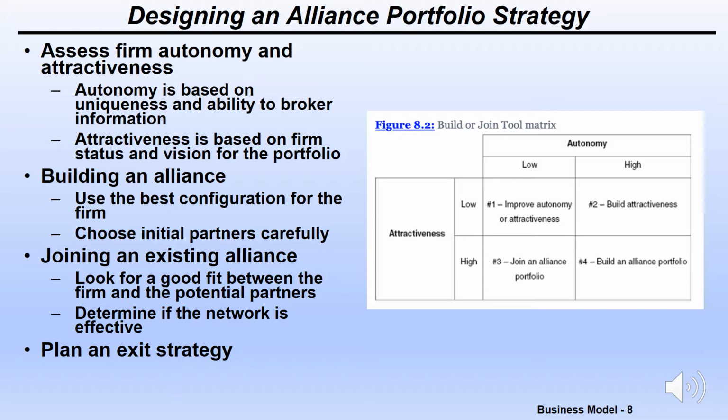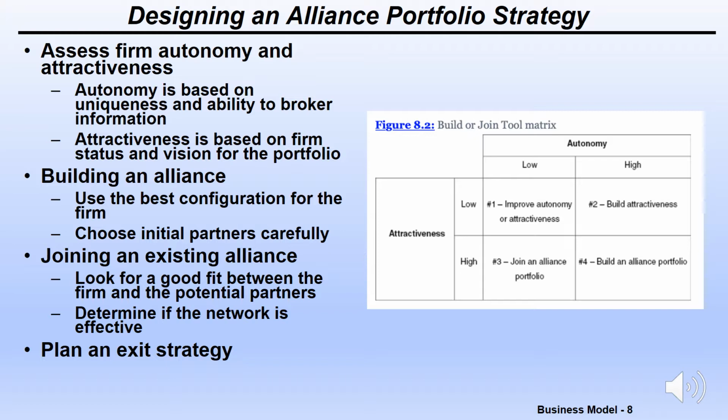So we want to evaluate those two things, autonomy and attractiveness, and we want to take a look at the matrix that's provided here, figure 8.2. That helps a company determine, okay, if I've got high autonomy and attractiveness, I can go on and build my own network. That would be the best thing. And if I don't have a high attractiveness, maybe I need to work on improving that first before I do anything else. And then if my autonomy may be low, but my attractiveness is high,